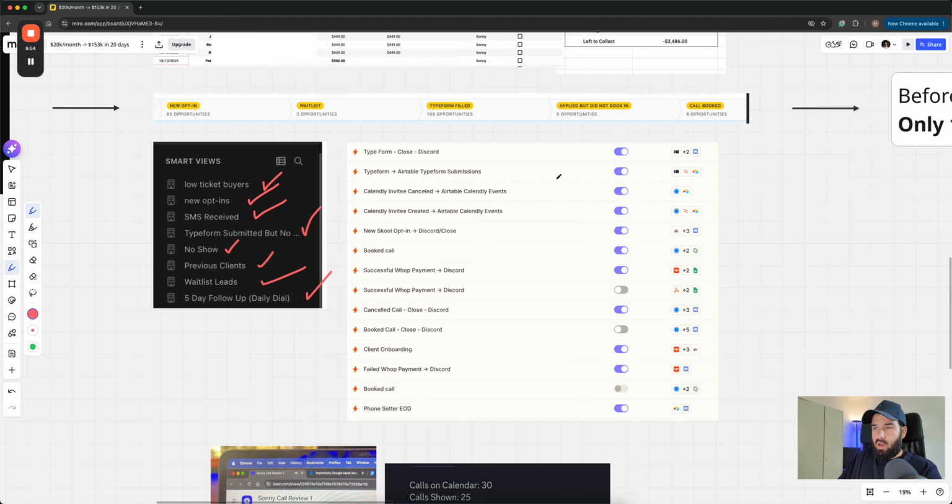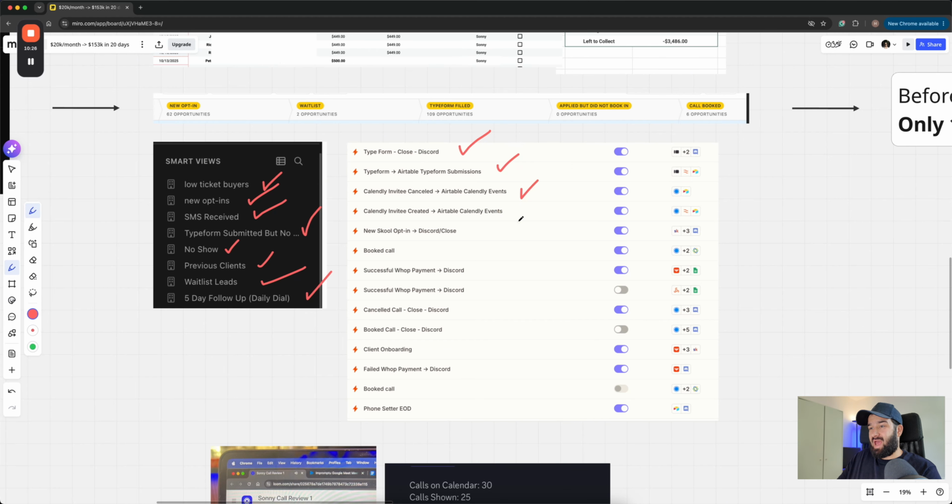So very self-explanatory, like the Typeform one, super important. Whenever someone fills out a Typeform, it gets sent to Close, the CRM, and also Discord. So we get a Discord notification. It tells us this person has filled out their application, so that we're alerted whenever there's a new application. And also this all gets tracked now. We use Airtable. We used to use Google Sheets before. We use Airtable now, so we can track every single application or how many we're getting every single day.